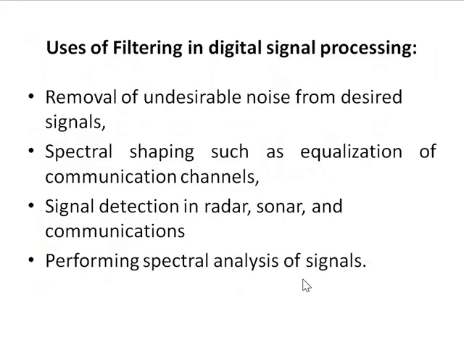Coming to the next one, what is the use of this filtering action in digital signal processing? So here these are the different uses. The first one is removal of undesirable noise from desired signals. And the next one is to shape the spectral components, which is widely used in communication channels. And the next one is to detect the signals like in radar, sonars and communications, and also to perform spectral